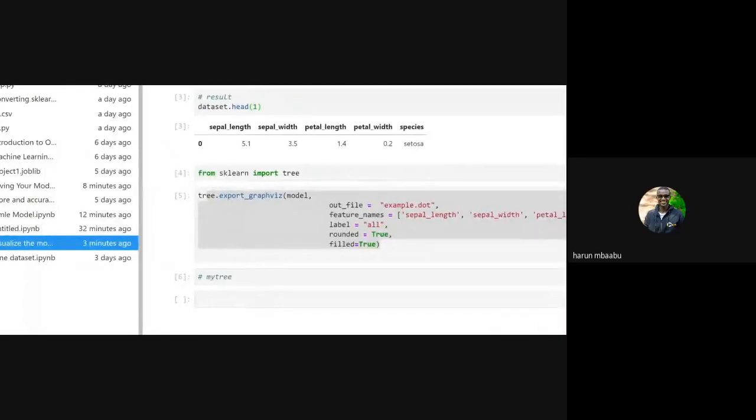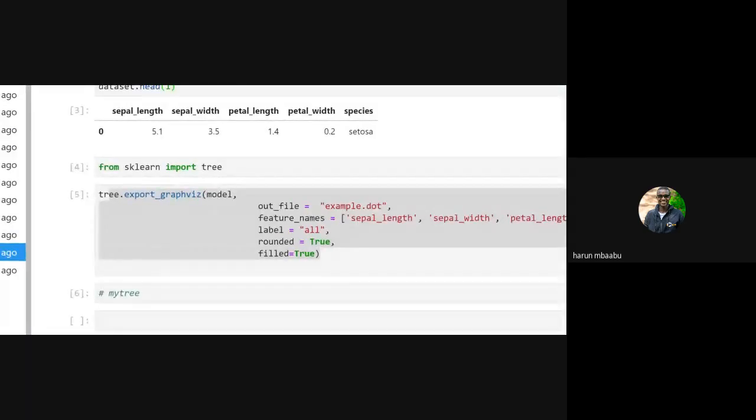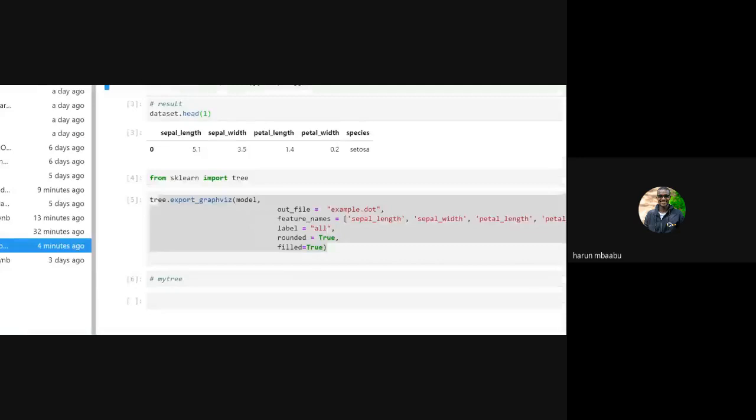That's how you do it. And export_graphviz takes a number of arguments. The first one is the model, the other one is out_file, how you want that decision tree saved. And you have to know that the decision tree file takes an extension. A Python file has a .py extension.